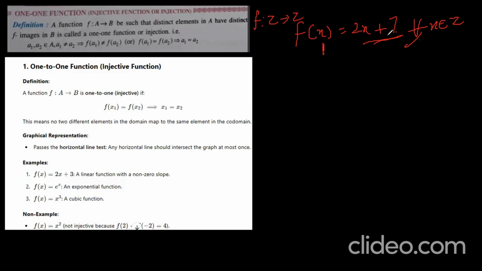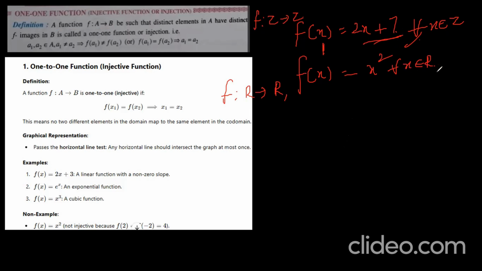Okay. Say I am taking one more example. F of x is equal to x square. Come on, you check this. Here, f maps R into R. I am taking f of x is equal to x square, for all x belongs to R. Let me take like that. Is it one to one?